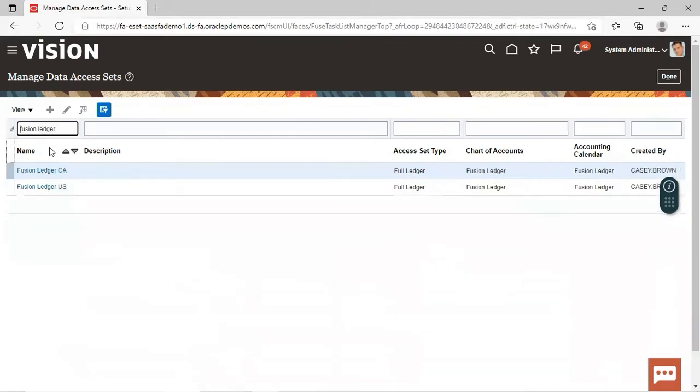While doing the rapid implementation, we implemented one sheet. It had two countries, USA and Canada, so two primary ledgers were created. You can see the access set type is full ledger, chart of accounts assigned is Fusion Ledger, and accounting calendar is Fusion Ledger. So what we can do is,